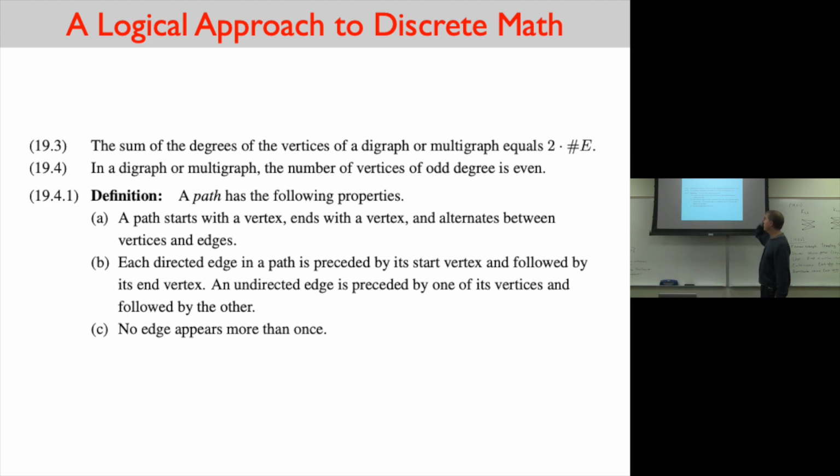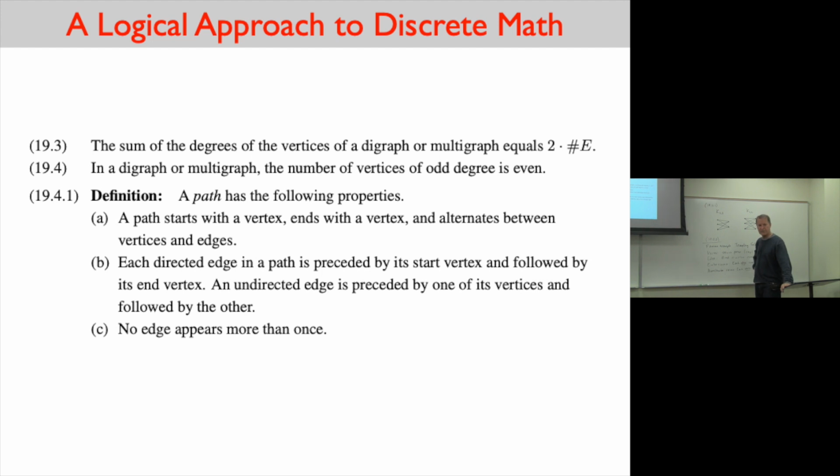In a digraph or multigraph, the number of vertices of odd degree is even. The hint that I gave you was to do mathematical induction on the number of edges. You have to say that you're going to do mathematical induction on the number of edges. So in the base case, we assume no edges, right? So if there are no edges,